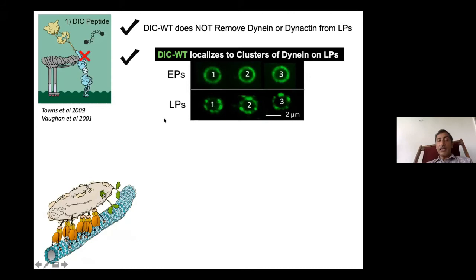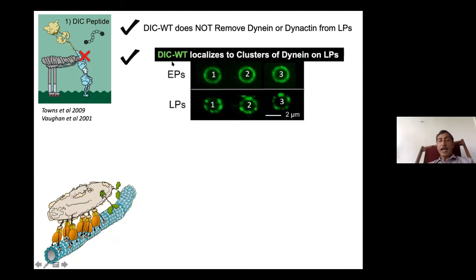But if you look at the late phagosomes here, the distribution of dynein is not uniform, it is punctate. And what we had shown is that the dynein clusters into small lipid raft-like domains on the surface. And this is what biases this cargo, makes this an unfair coin, and makes you go towards the minus end